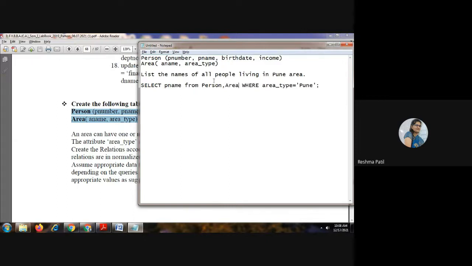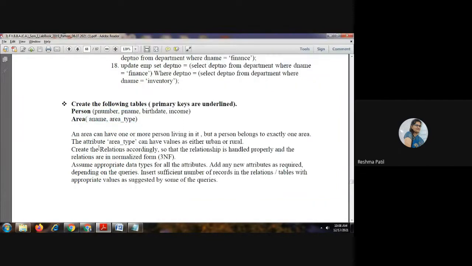But only writing the name is not sufficient. We have to check the relationship of these two tables, whether it is one to one, many to one, or many to many. They may have mentioned that relationship here, or we have to think whether one person can live in one area or in multiple areas. We have to check which relationship is shown in this question. What they have written is: an area can have one or more persons. Clear? Area is one, but that area can have one or more persons.